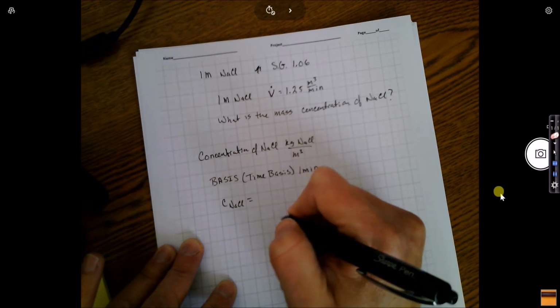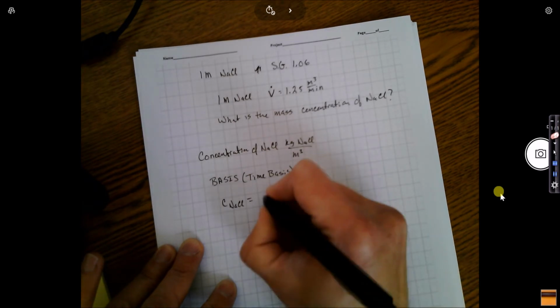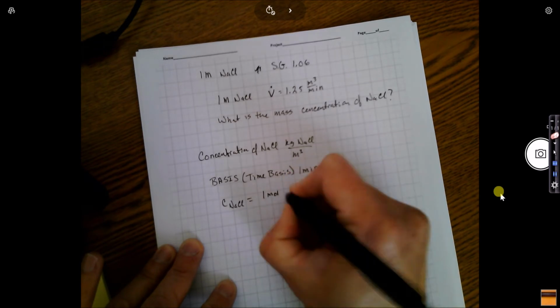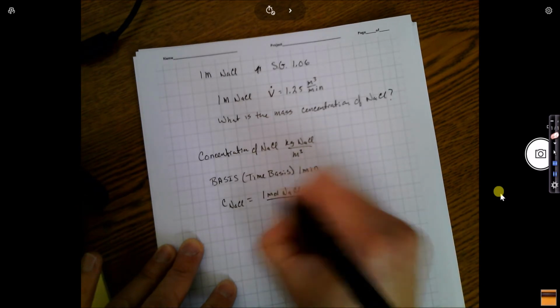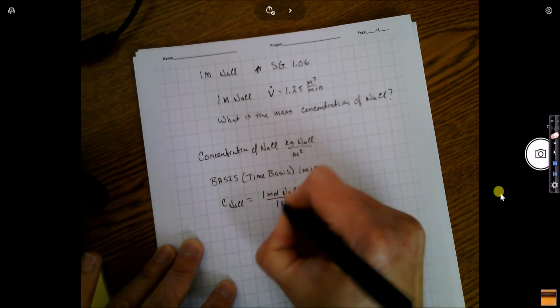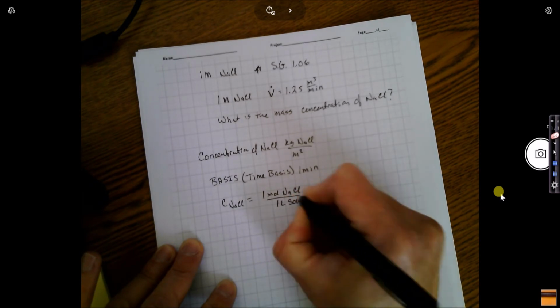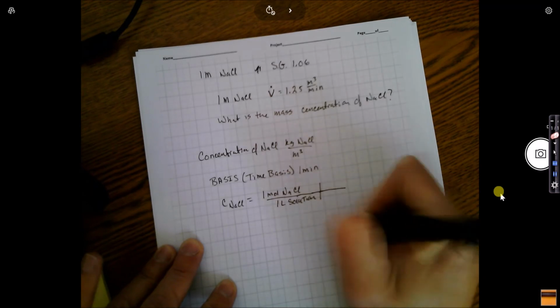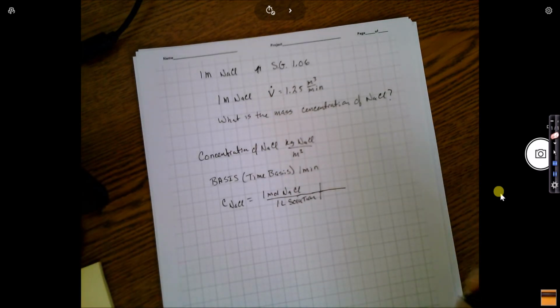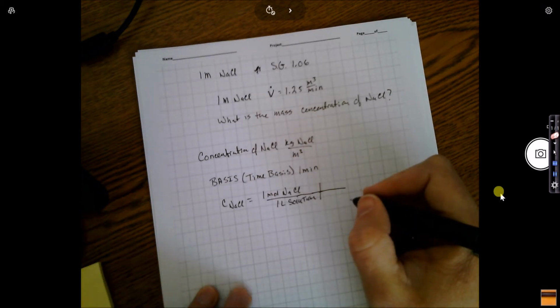And we want to start off with what we know. So we know we have 1 mole of sodium chloride in 1 liter of solution. All right, so we have 1 mole in 1 liter of solution. And the molecular weight of sodium chloride